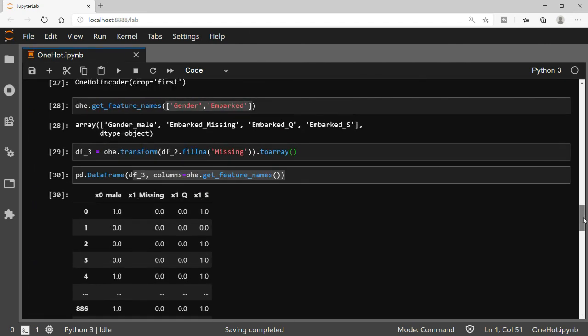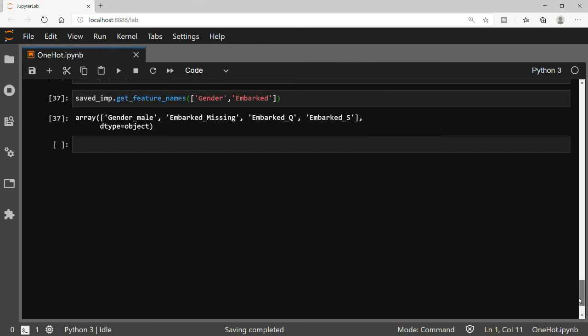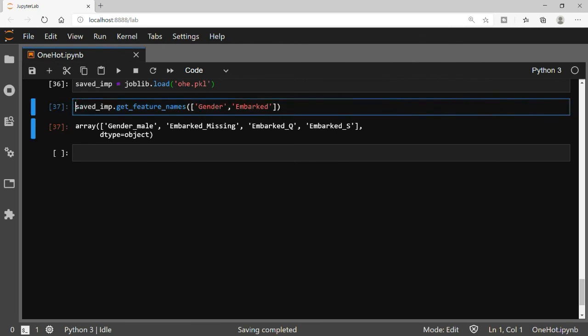We do not need to fit it now. We just need to run this line using your saved_imputer, and you can use it to transform your data set at a later point. So that is all about this particular video of one hot encoding.